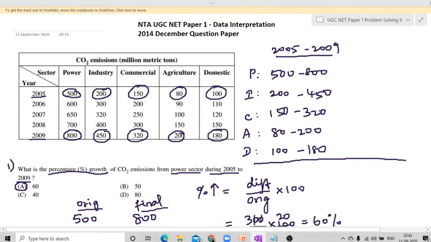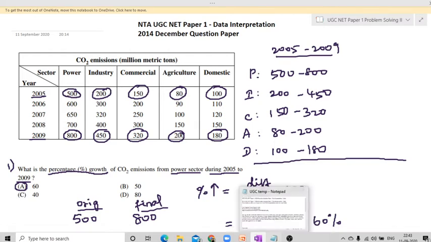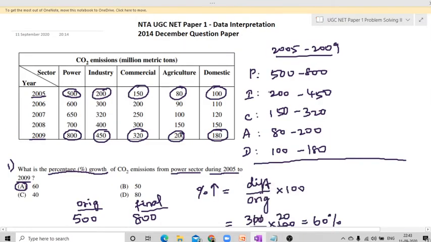Yes, all those things are noted, and we are asked to find the maximum growth. So how can we find the maximum growth? Actually, this maximum growth is asked in terms of percentage, for which what can be done very easily is we will have to find the percentage increase. That's what we are asked to find. So already just now we have calculated the percentage increase for the first one, I mean the power sector.